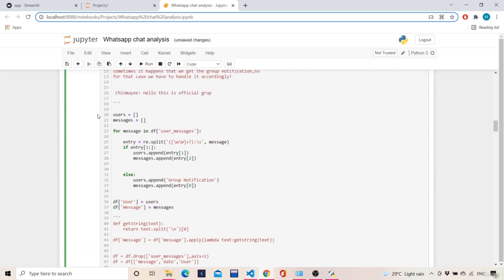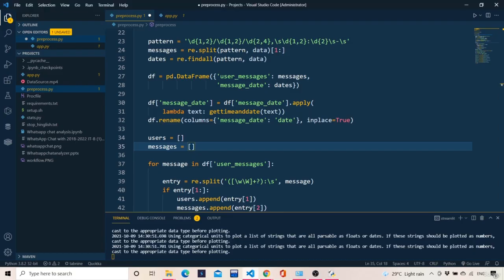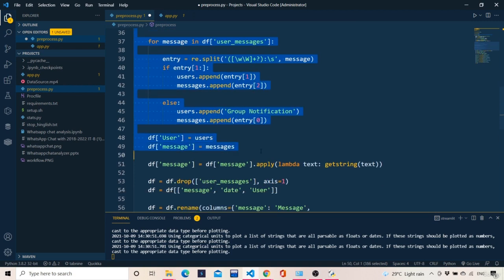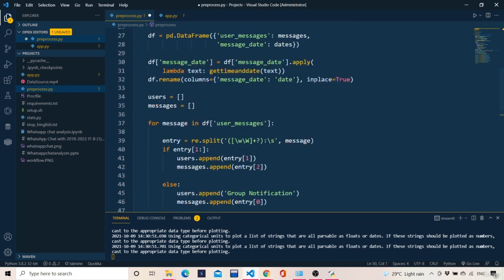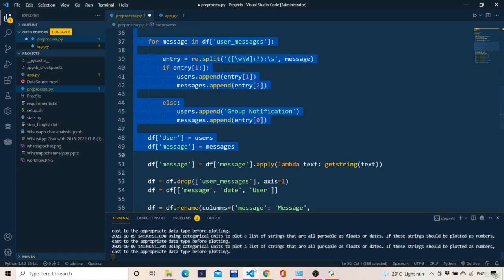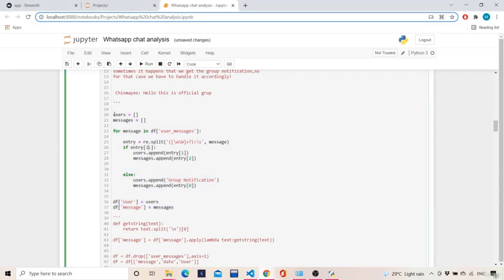So what I am doing is I am copying this and pasting here users, messages and everything. Till here I will paste, from line number 34 to line number 49. That code I explained here, which is nothing but line number 20 to line number 37.